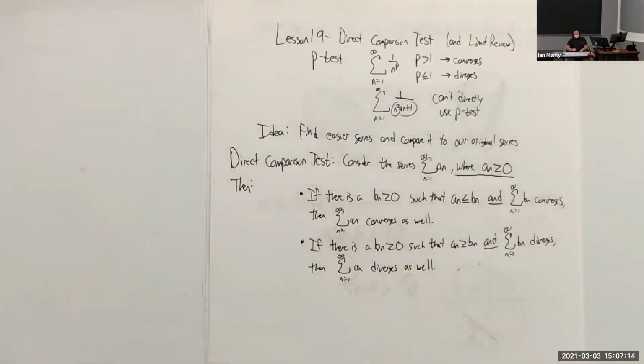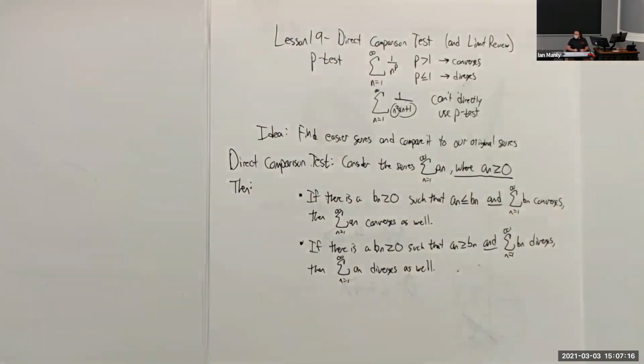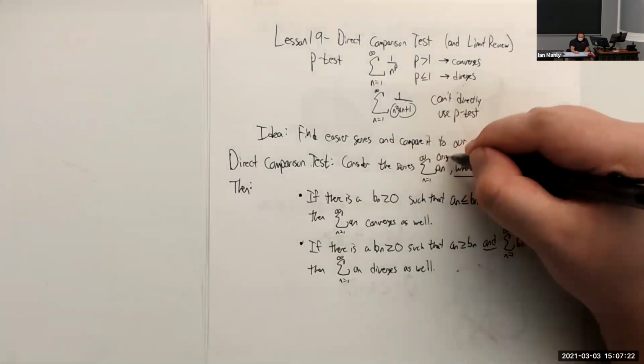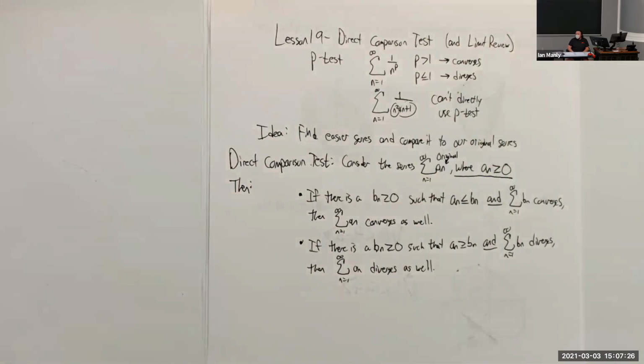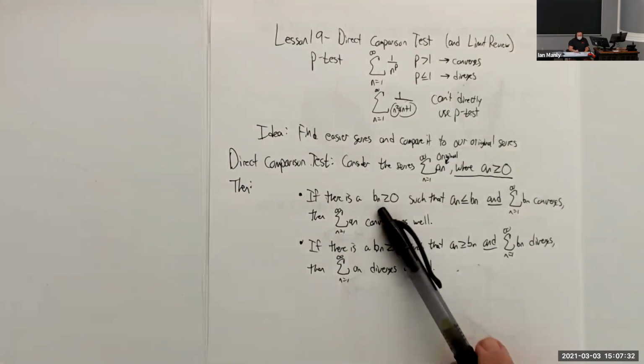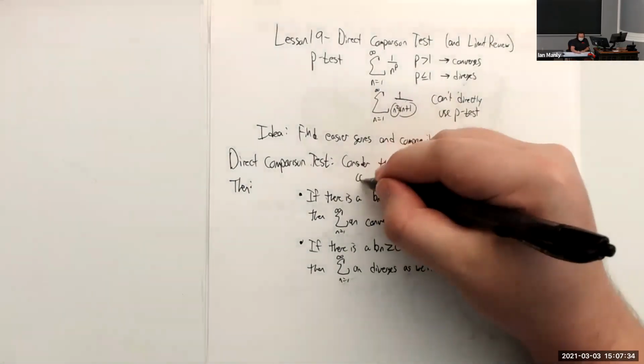There we go. That's going to be the direct comparison test. All right, so that was kind of a mouthful, so let's put this in layman's terms here. So what we're doing, this is our original series right here. This is the one that we really care about, and we want to figure out whether that one converges or diverges. So what we're supposed to do is we pick a Bn, which is often called the